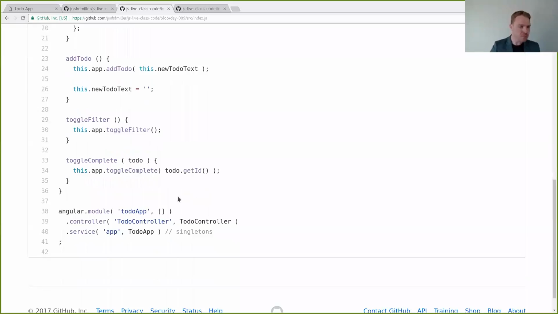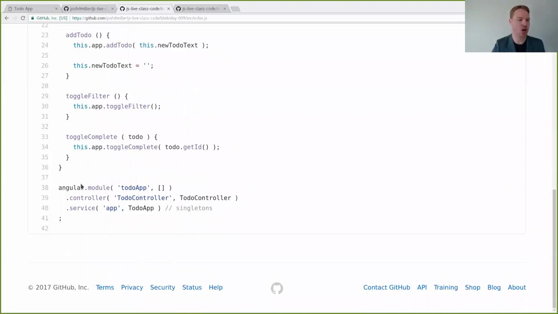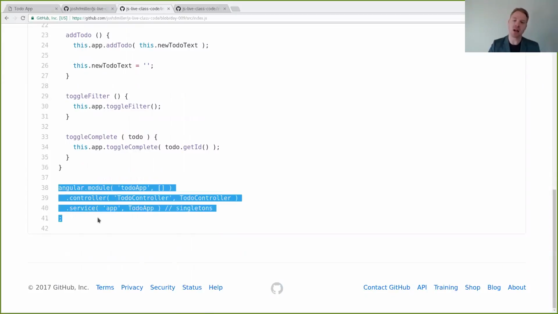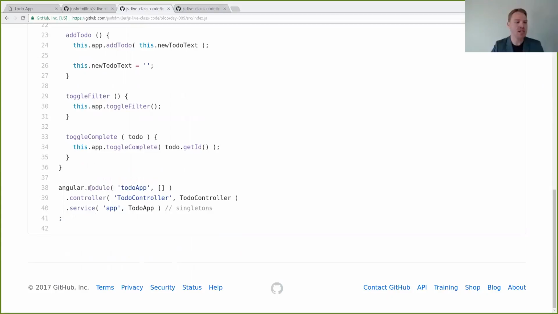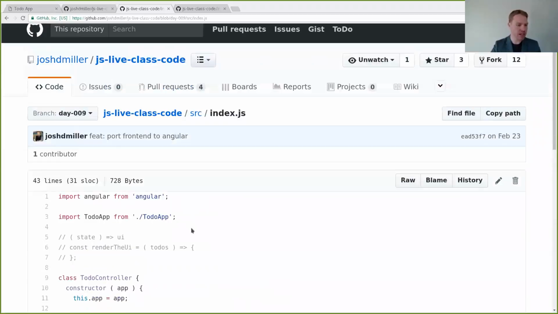So all of that. And here is our Angular code. This is the only place in this file where there's any Angular-specific code. We tell Angular we want to create a new module, and we're calling it to-do app. Now, Angular has a module and dependency injection and dependency management system. So you can specify that this module depends on other modules. We only have one here, but that's what this empty array is. You could specify other modules that it depends on, and those would be modules that you maybe imported up here, if you installed them with NPM or something like that, like if you use Angular Material, right?